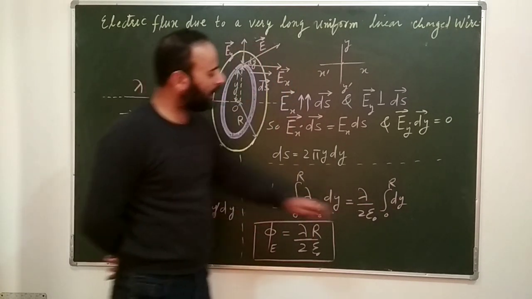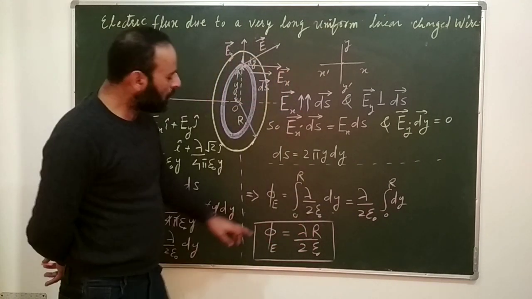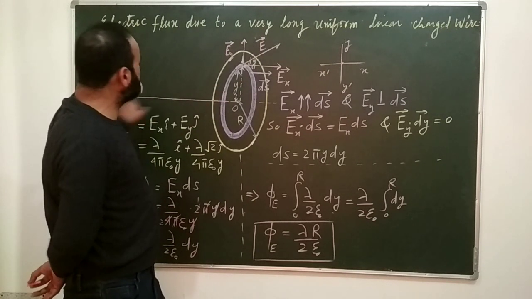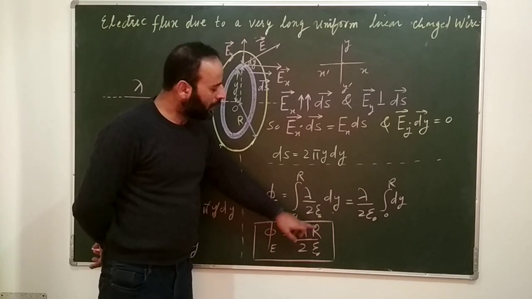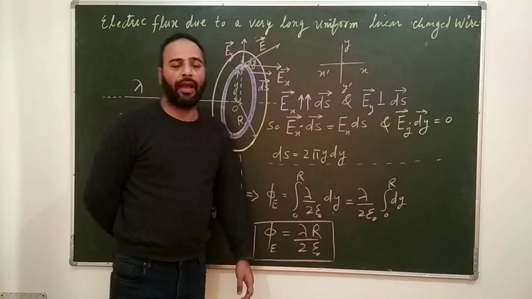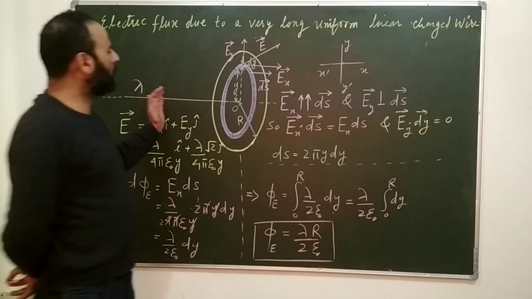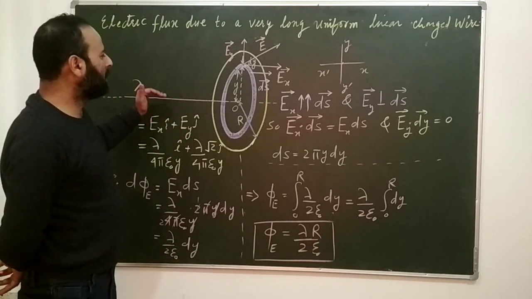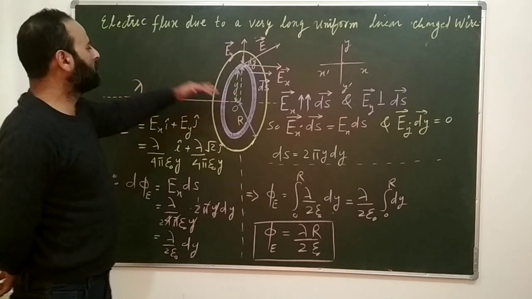When we integrate dy from 0 to r, we simply get r. Therefore, the flux through the ring due to this linear charge distribution is lambda r divided by 2 epsilon naught. So this is how we calculate the electric flux due to a linear charge distribution that passes through the center of the ring, which is perpendicular to